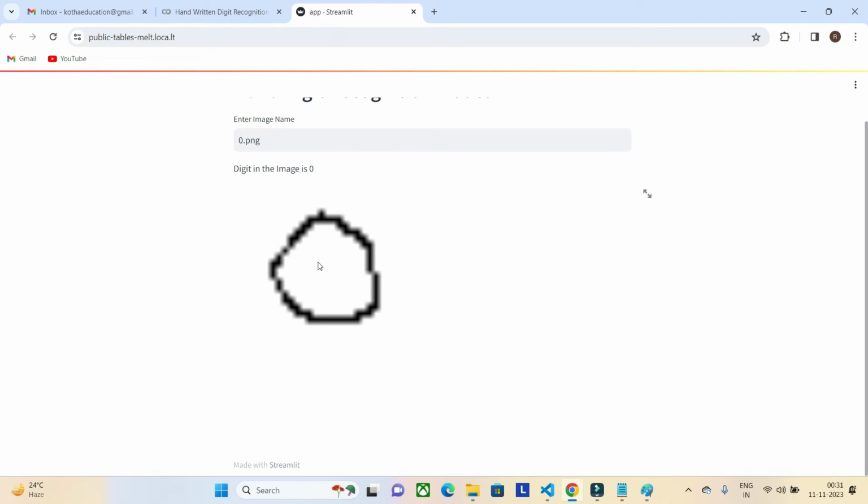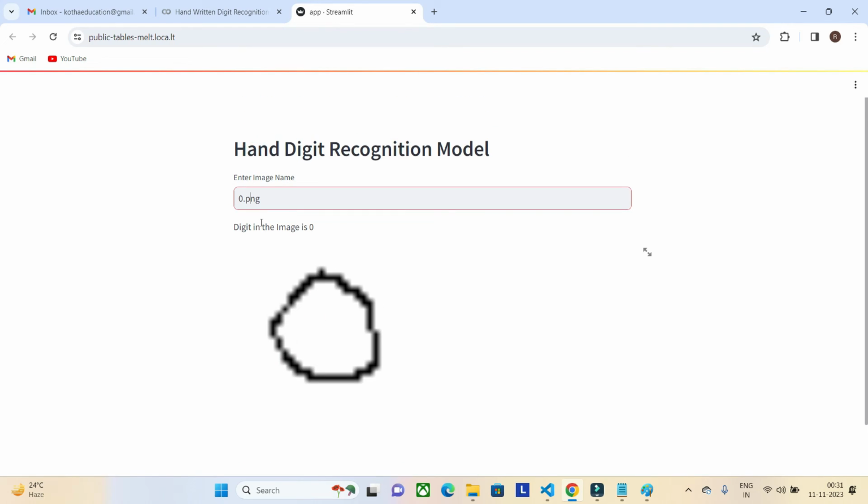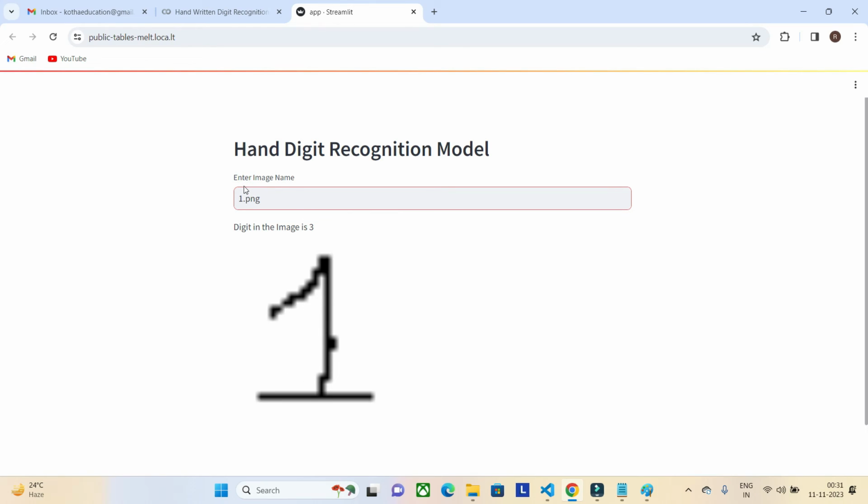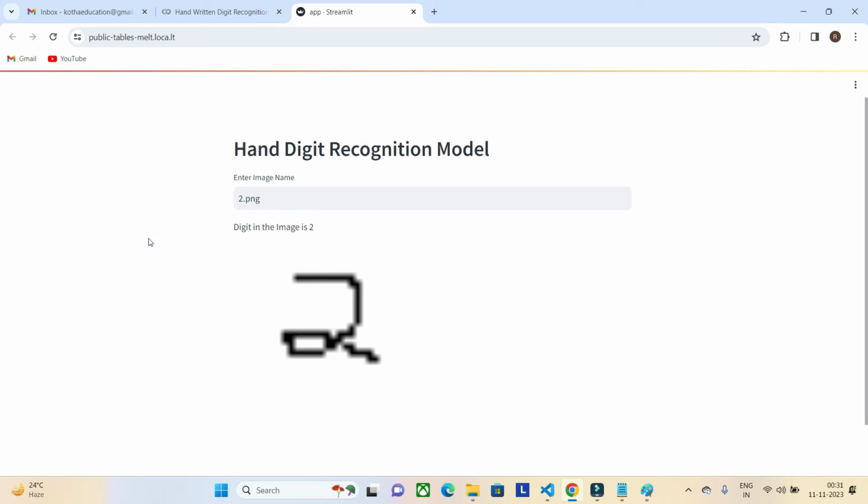See, here is the image and here is the prediction it is making. Now let's change it to 1. Here it is saying 3, okay, fine. And let's change it to 2. Yeah, it is saying the image is 2.